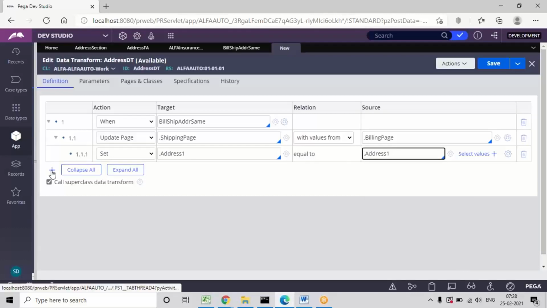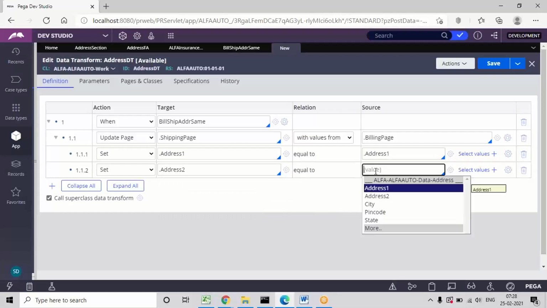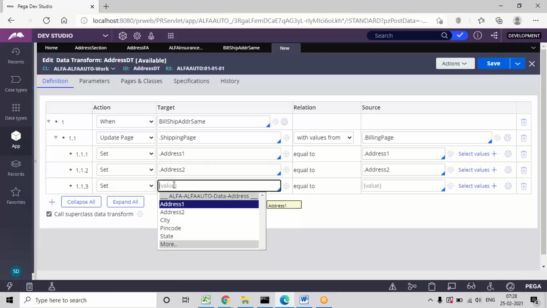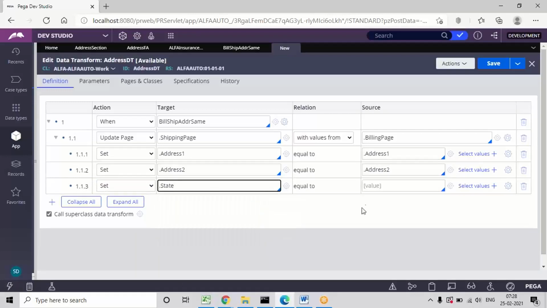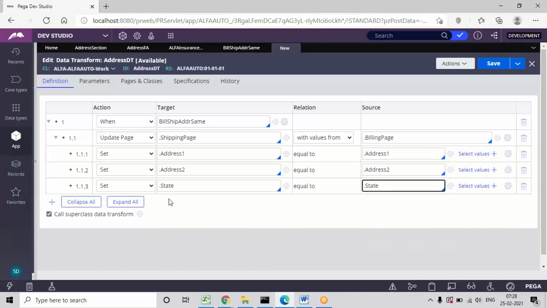So add the rows and add the remaining fields which are there in both pages. We have different fields, right? State, city, pin code. So add the remaining fields. For all these fields, the values will be copied from the billing page to the shipping page.